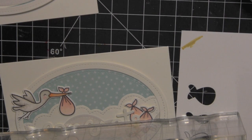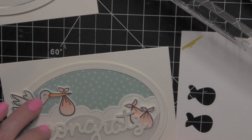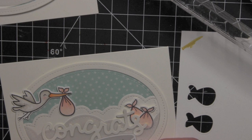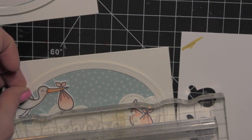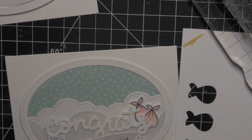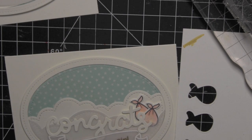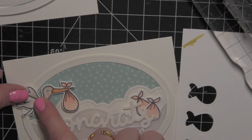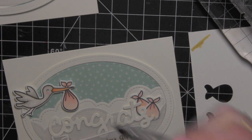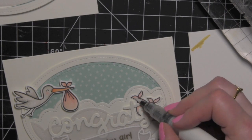I've glued the word "Congrats" in place, and I'm using an acrylic block to hold that down. Then I'll add some little drops of glue to the banner and tuck that right there underneath the word "Congrats." I apologize, it's out of frame just a little bit. I'm gonna glue that down, hold it in place with my acrylic blocks, and then use some foam adhesive on the back of that stork. Because it's gonna be kind of straddling that frame that's not flush and flat with the card, I decided to attach him with foam adhesive. So just the tip of his wing has foam adhesive. There's none under the part that is over the frame,